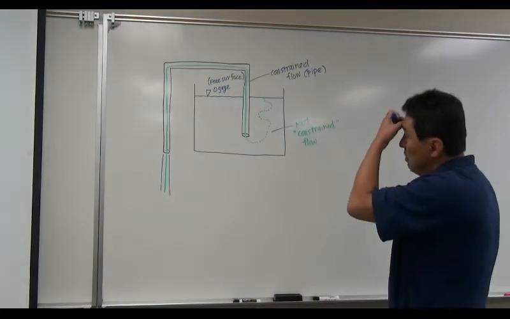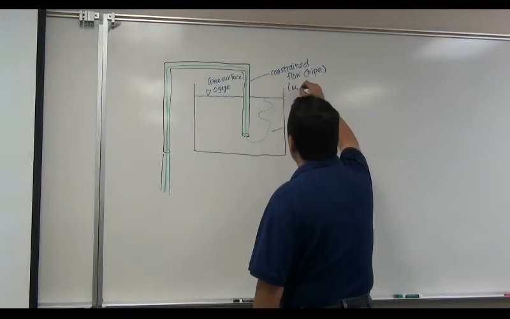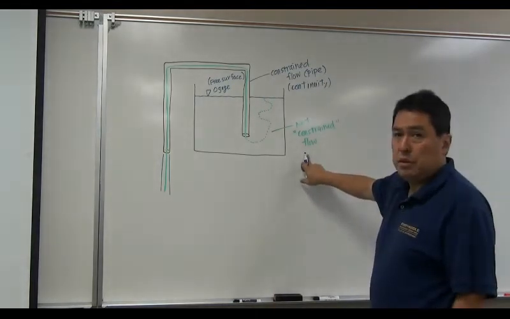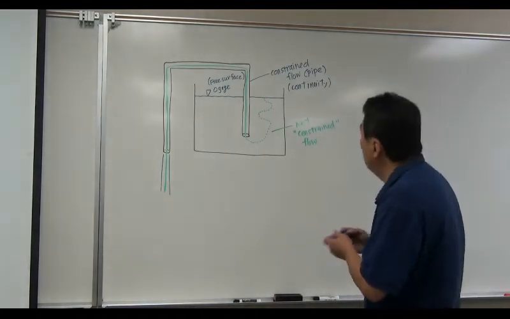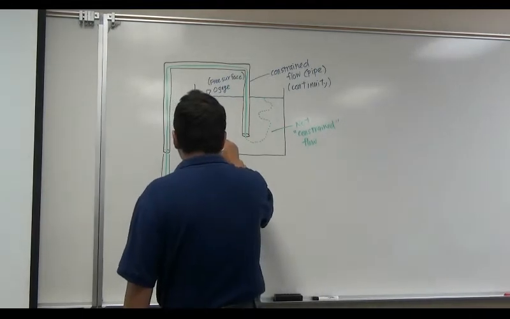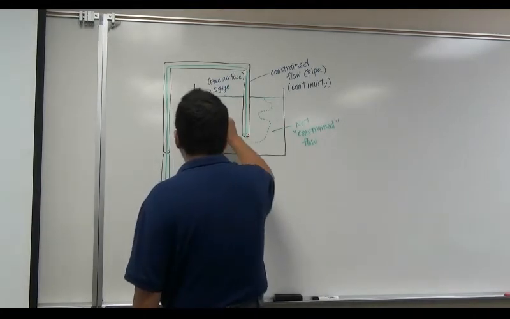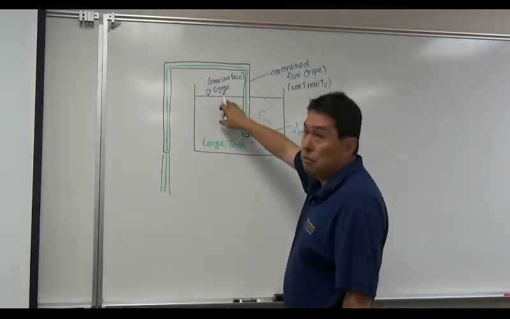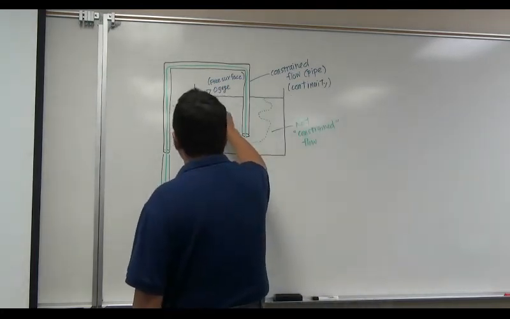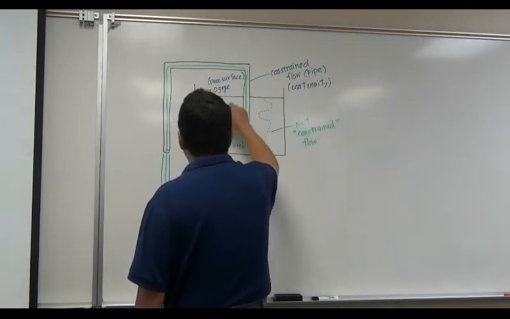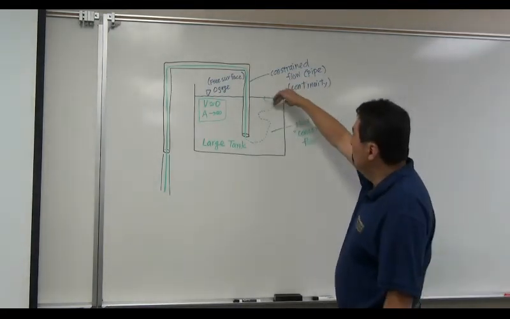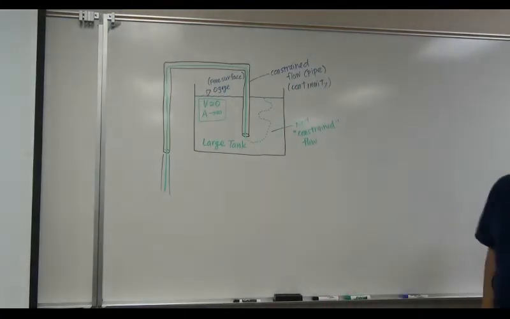So as long as the flow is constrained, you can apply continuity. You cannot here because it's not constrained. Continuity is essentially, if you want to apply continuity here, this is a large tank. Large tank assumption really is if the tank is large, right here on the free surface, velocity is approximately 0 because cross-section area is about infinity. It's a big enough tank so that you can ignore the velocity picked up right here on the free surface. That's why I'm drawing dotted line here. Okay? So, anyways,